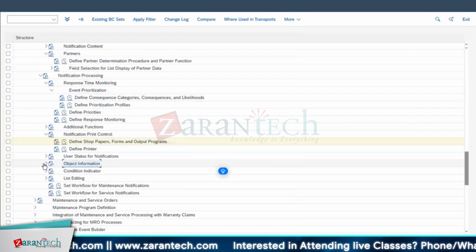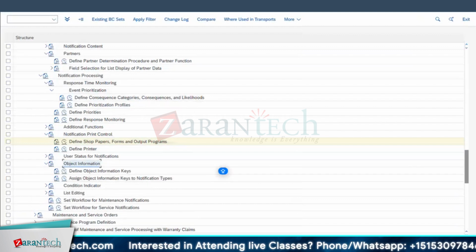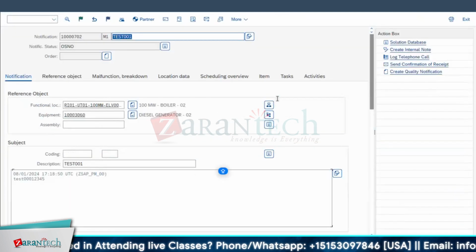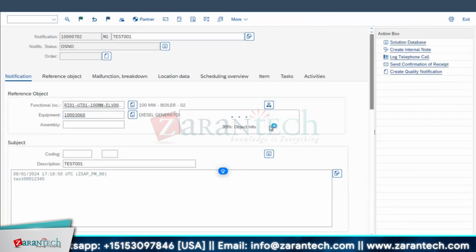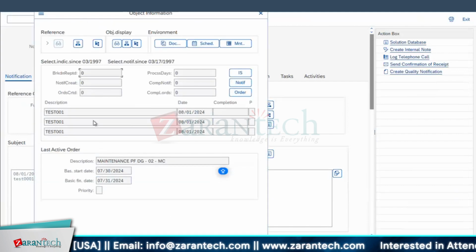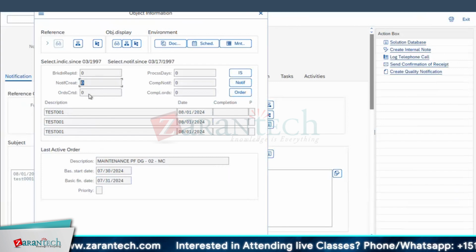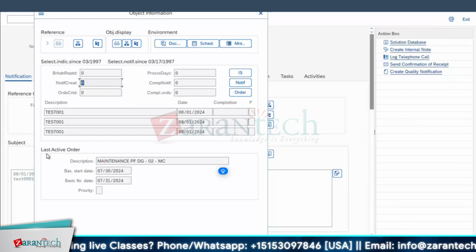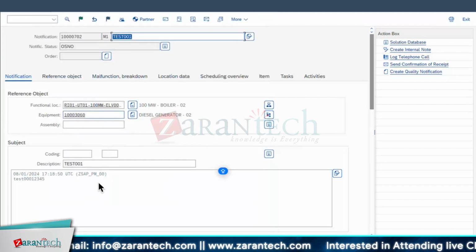Another one is object information. If you go for this object information, here there is an object, right? Equipment. I'll go for this object information pop-up. How many breakdowns were reported against this particular equipment, notifications created, all these things will come up. Maintenance, like the last active order was this. This report we have to assign it for,